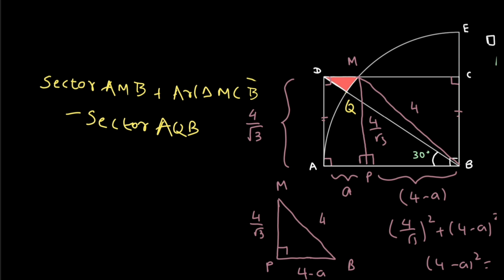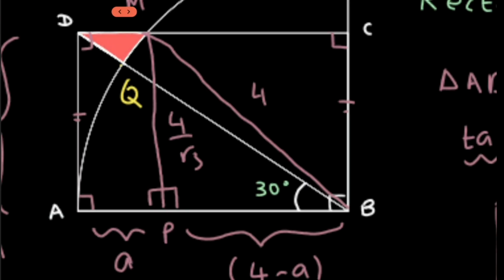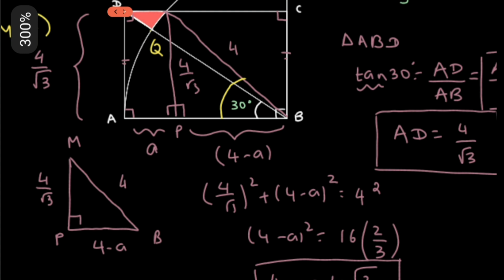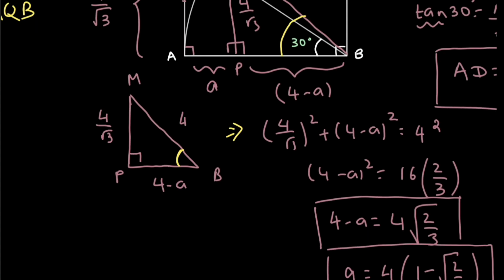So what we can see is that the area of the triangle is simple because it's a right angle triangle. The area of the sector is also simple because the central angle is 30 degrees. But the sector AME does not have a nice central angle that we can see over here. For this sector AME, the central angle is this complete angle. So let us try to find this. Look carefully, this angle is ultimately the angle MBP. So in this right angle triangle that we took to apply the Pythagoras theorem, this angle is required. So if I take this angle as a variable theta, there also theta.